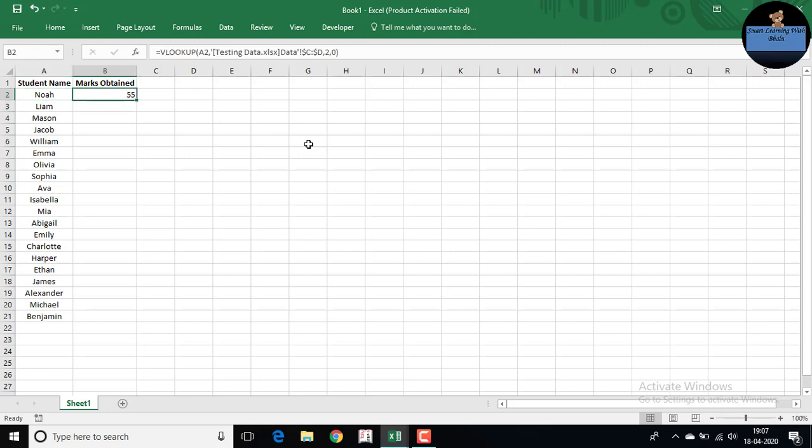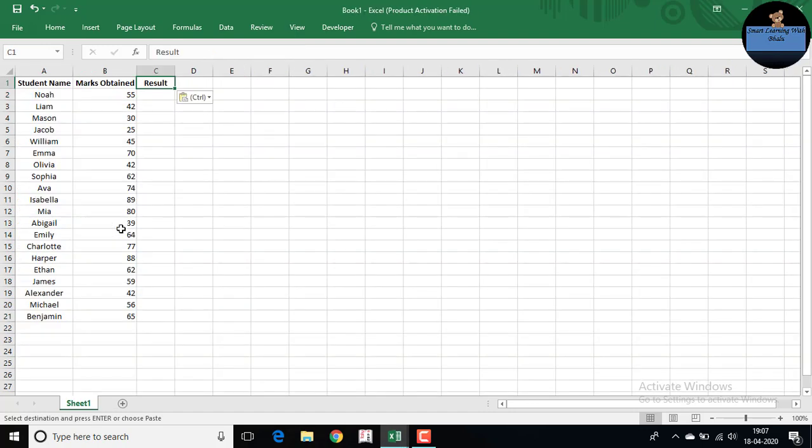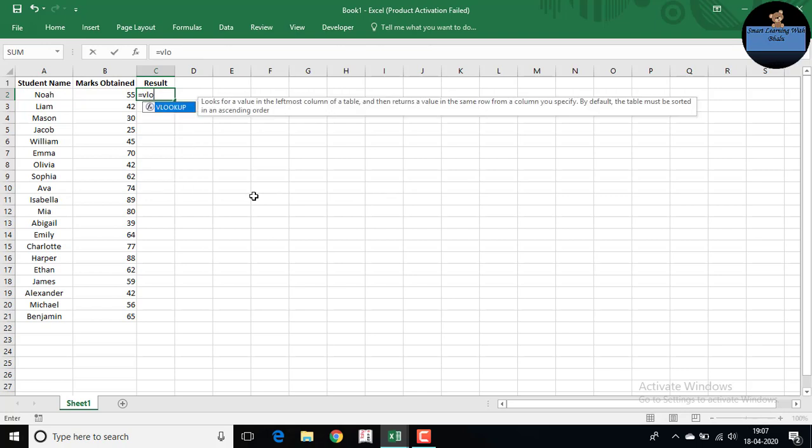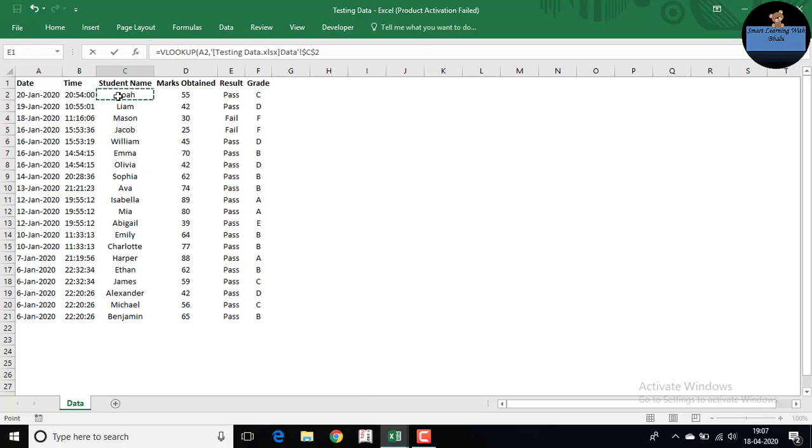Similarly, you can copy the formula, or you can drag the formula, and you get all the data here. Similarly, if you want the result here, you can just paste this. Then hit the equal to sign, VLOOKUP. I want it from the student name, same as before, comma, the table, so the whole data.